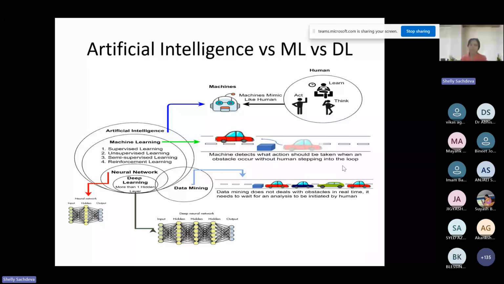So this is what machine learning does. And then further, it can be of type supervised learning or unsupervised learning, right? It can be semi-supervised learning, or further it can be reinforcement learning. Then under that, our brain has usually neurons, right? Considering those neurons, there is a terminology that was introduced called a neural network,